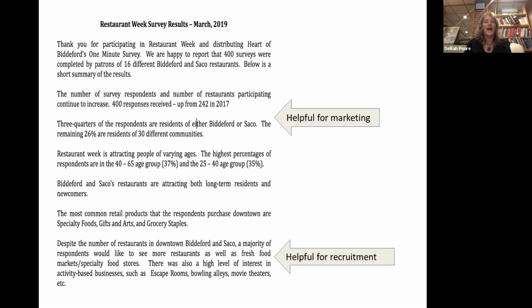And then that question I had asked about what would you like to see more of downtown, if you look at the bottom of the screen,